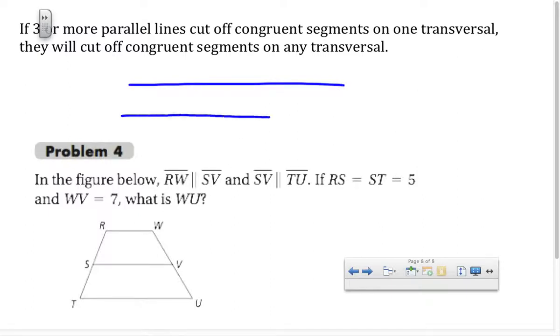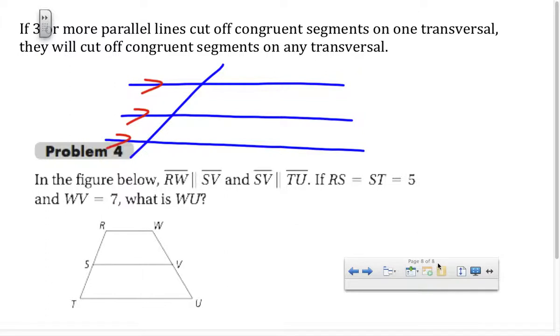So, of course, if these parallel lines are shown to me to be cutting off congruent segments on one transversal, then no matter what transversal I draw going through those parallel lines, it will also be cut off